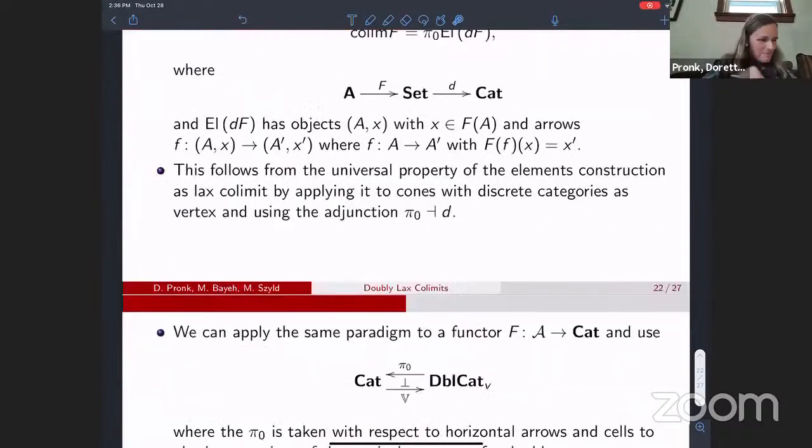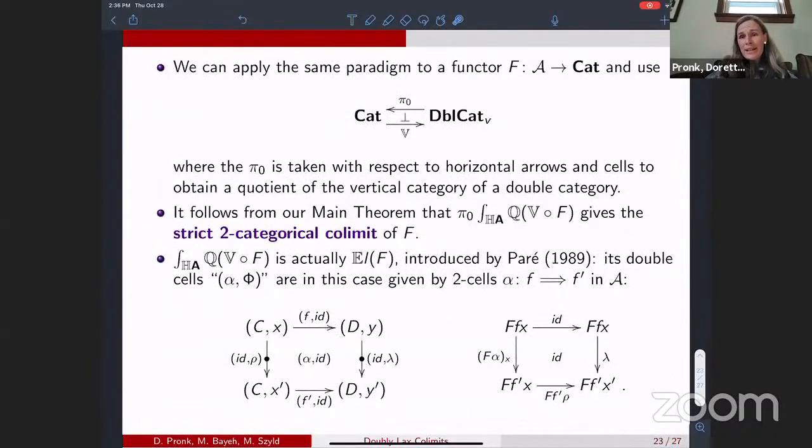And we can actually apply the same paradigm one level higher. If we start out with a functor from A into Cat, so now A is a 2 category here,